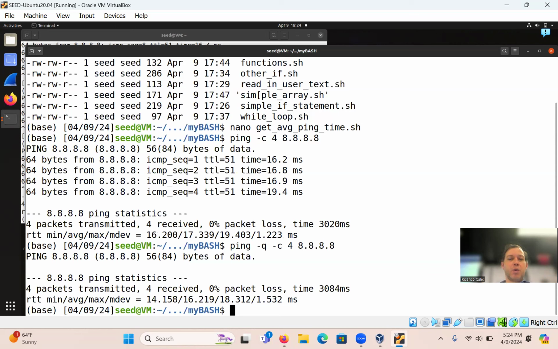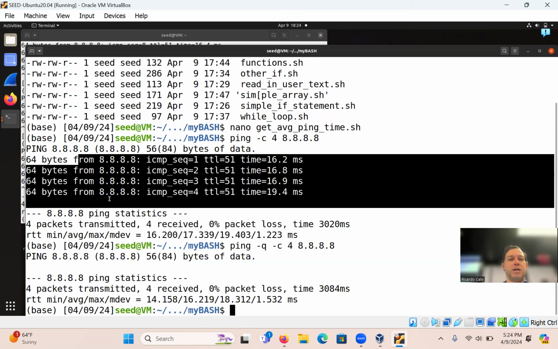We want quiet output because we don't want to print the results, we just want the final result. Although it wouldn't matter, I suppose, since we're going to ignore it with grep. So let's try it without the Q and with the Q, just to see.